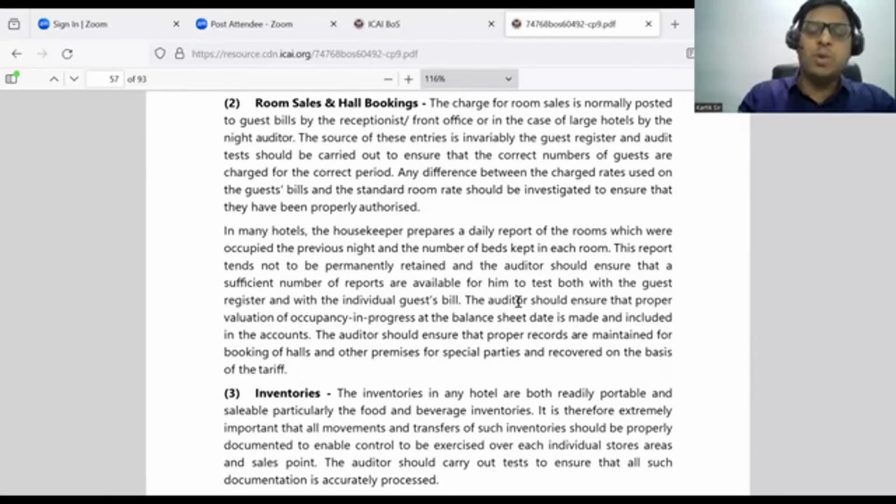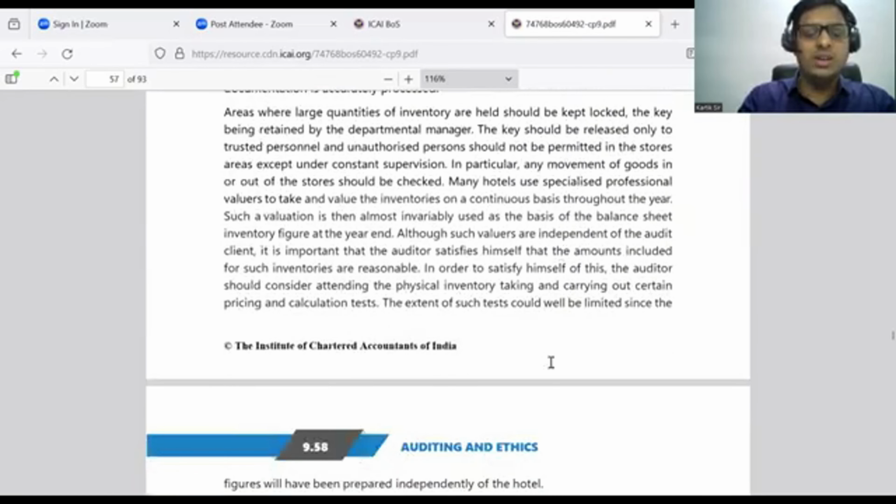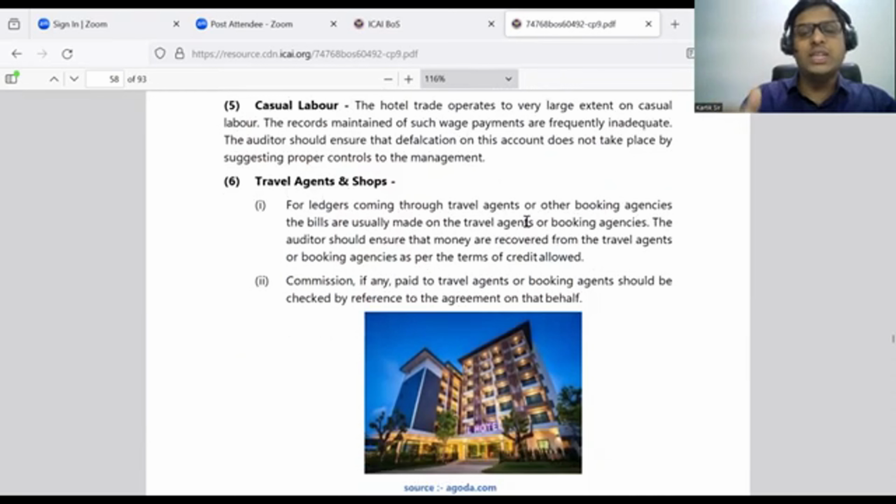Now, after that we go to the next point. One laborer, one person at the hotel, helps us to carry all our luggage. So when he's taking the luggage to our room, we ask him how much wage he gets and whether he's paid adequately or not. All these things we ask, and he also tells very confidently, yes, yes, sir. In our hotel, proper controls are maintained by the management, and everything is proper regarding the casual labor part.